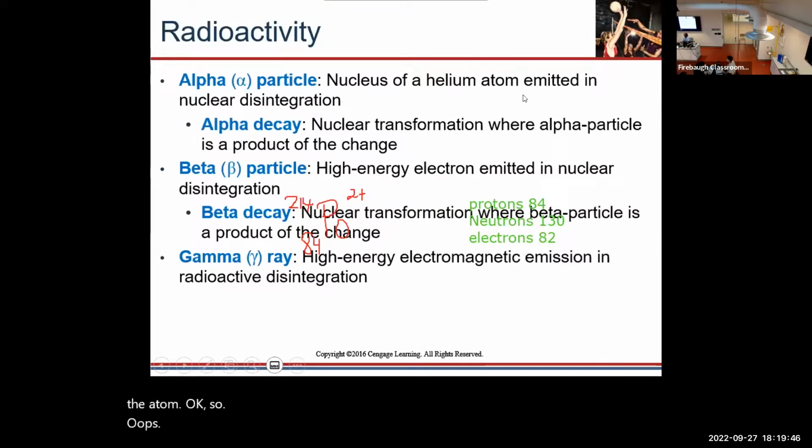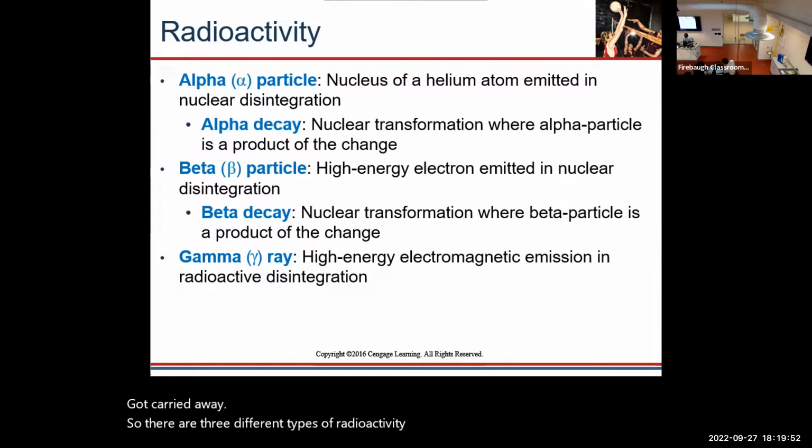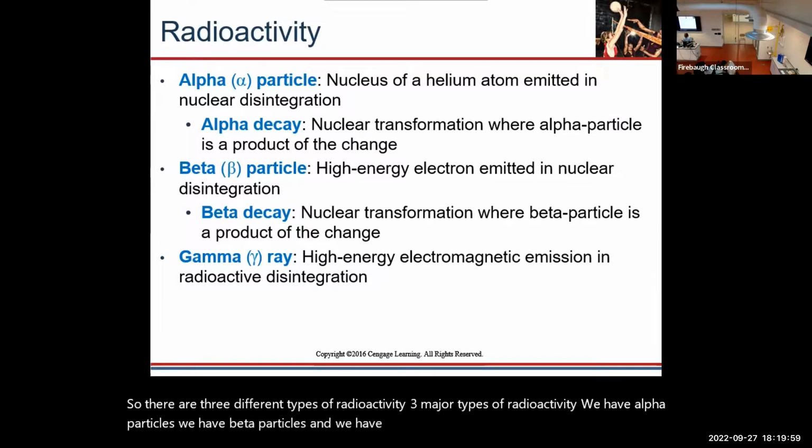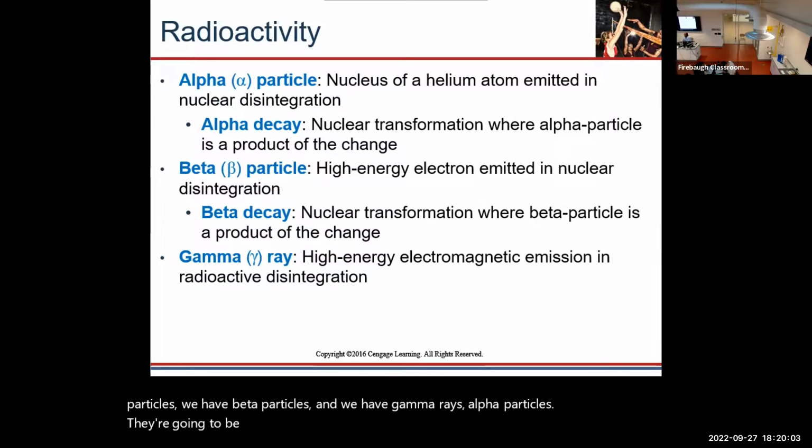So there are 3 different types of radioactivity. Alpha particles, beta particles. Alpha particles are going to be positive. Now the alpha particle is going to be made up of just the helium nucleus. Okay? So if it's just the helium nucleus,